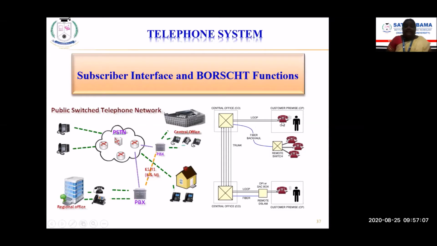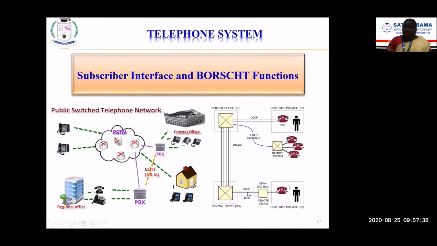We will be connecting our telephone, the customer premise at our home, through the local loop. And we'll also have many telephones connected here. So if we have more than one line, we'll have a switch kind of device that will provide a route path for getting us connected to the local loop. Normally this happens with the help of fiber optic connections. It's an advanced kind of telephone connection.